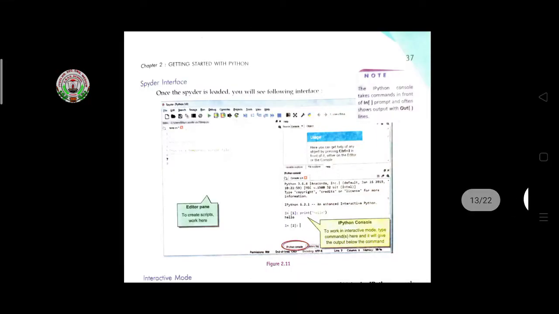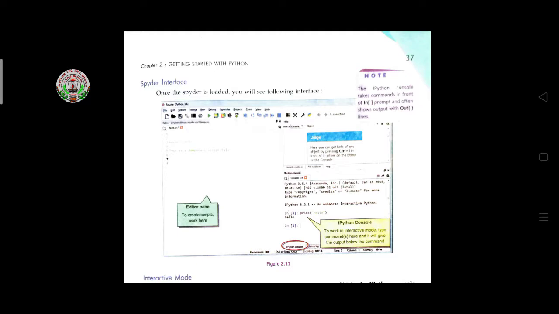And nowadays many prefer this Spyder IDE, and this Spyder IDE comes preloaded with the Anaconda distribution that we have already installed in our system. And then how to open this? First, launch Anaconda Navigator, then go to the Start button, then Program, then the Anaconda folder name, then click on the editor. The Spyder interface will display here.